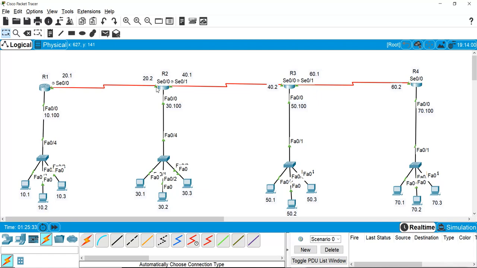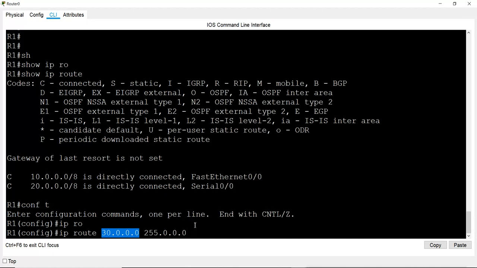So this will be your first hop interface, and on this interface we have this IP, which is 20.0.0.2. So this will be our first hop address. So here I will mention the first hop address for network 30, which is 20.0.0.2. That means I am telling router 1 that this is network 30, and if you want to go to network 30, then you can go via this IP.